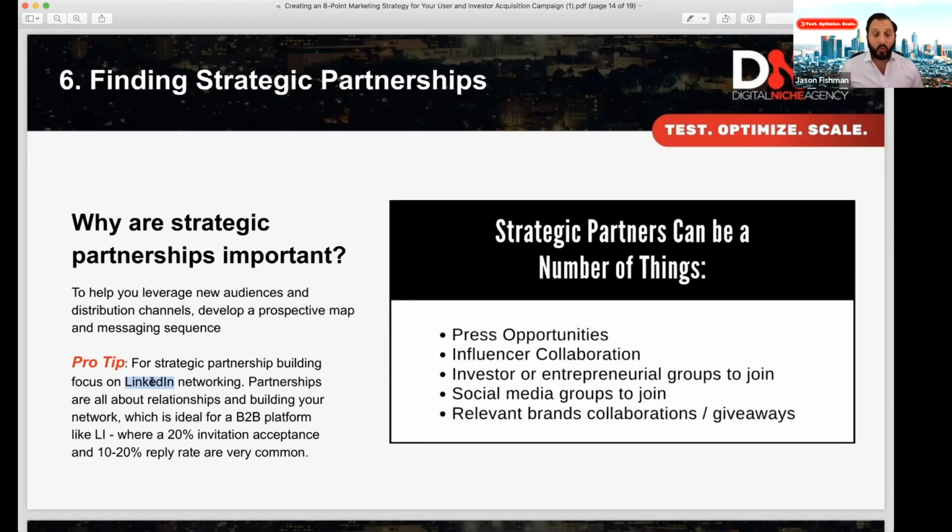LinkedIn networking, where you could anticipate a 20% or higher invitation acceptance rate. So that means sending an invitation from a founder's profile to an investor group or an individual investor, maybe one who has participated in deals on the platform you're working on at the moment, or even written testimonials about other brands on that platform that they invested in. Maybe this is press, maybe this is a potential strategic partner that can promote to their audiences. You're going to need to send out 100 to get 20 connections, 1,000 over the course of a month